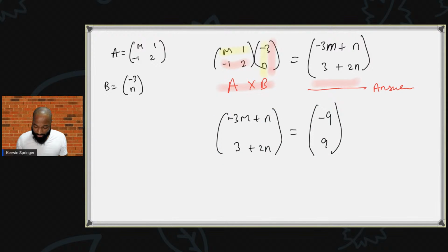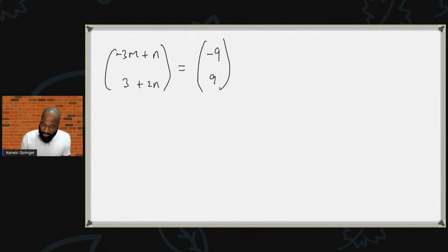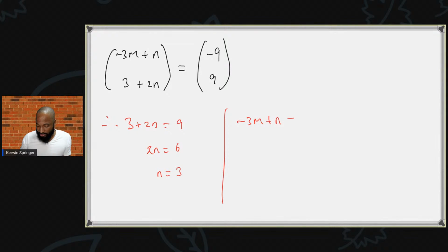Let's go on a new page. Fortunately for me, the page is endless, it's digital. Benefits of digital, boy. So using this one first, I can say 3 plus 2n is equal to 9. This means 2n is equal to 6 when I bring across the 3, which means n is equal to 3. Well done, Ariane. Working at a rapid speed here, and this is never-seen-before sample papers. So negative 3m plus n is equal to negative 9, and since we just found what n is,